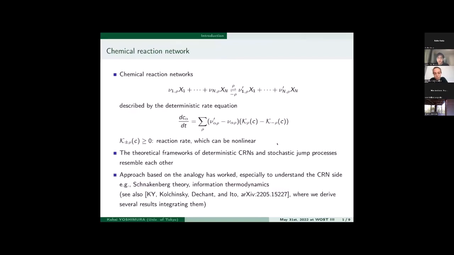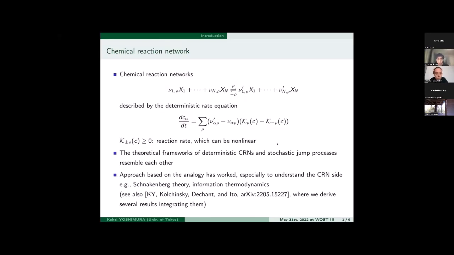We consider general chemical reaction networks like this, and draw labels for reactions, reversible pairs of reactions, and mu and nu prime are the stoichiometry. And the dynamics is described by the deterministic rate equation. Here, C is the concentration and alpha labels the chemical species from 1 to n. And K-rho and K-minus-rho are the reaction rates of the forward reaction and backward reaction, which are in general